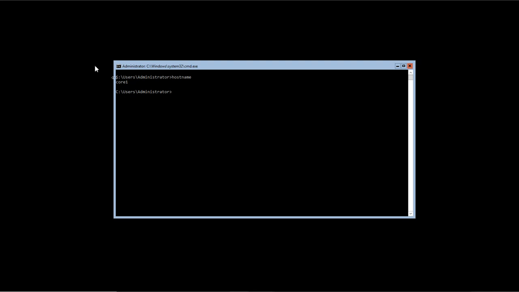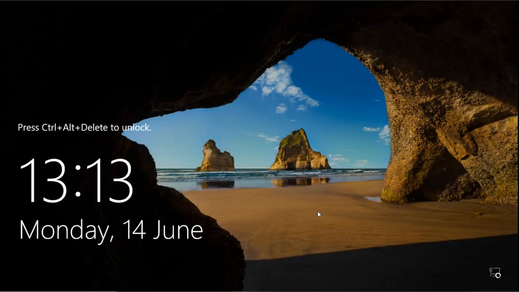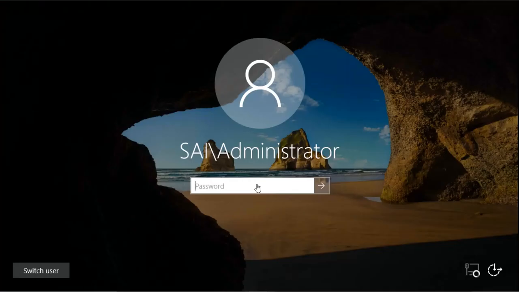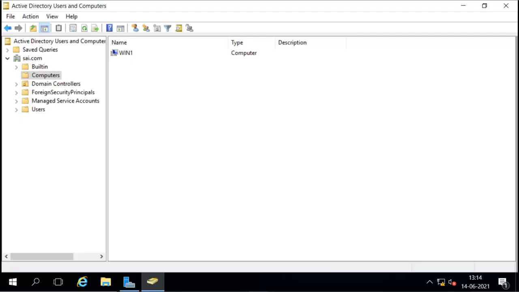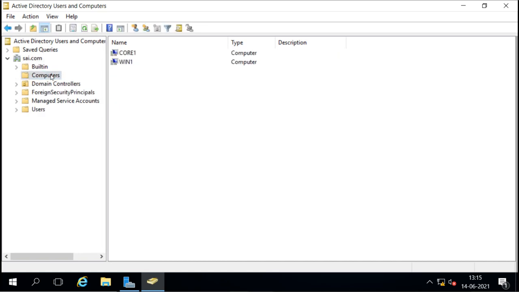So if you go to the domain controller now, in Active Directory Users and Computers, when we refresh this domain, we can see under the Computers container, we can see the core server also.